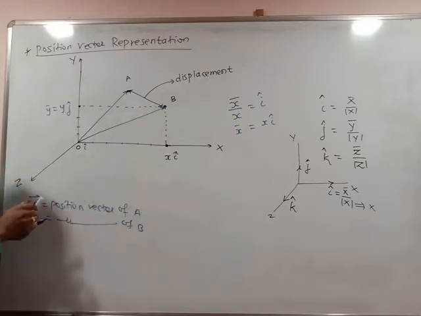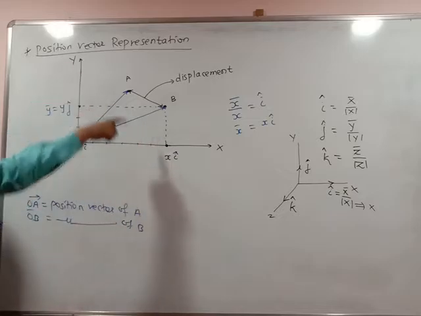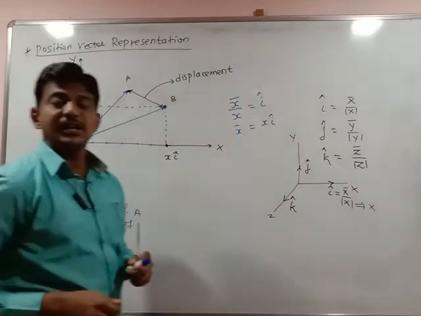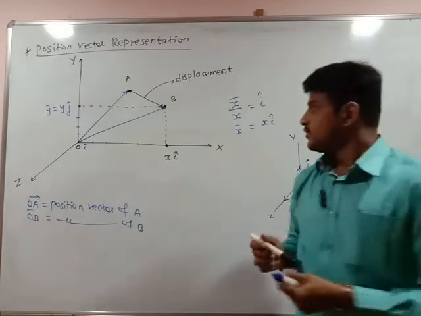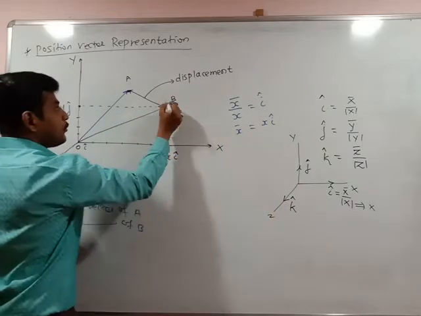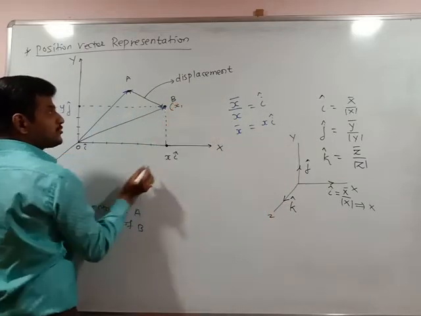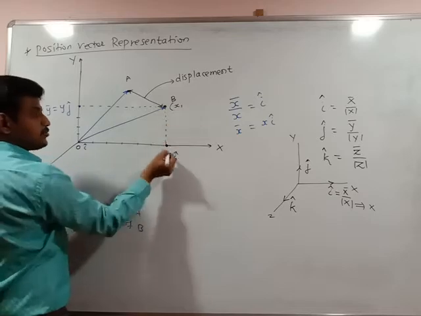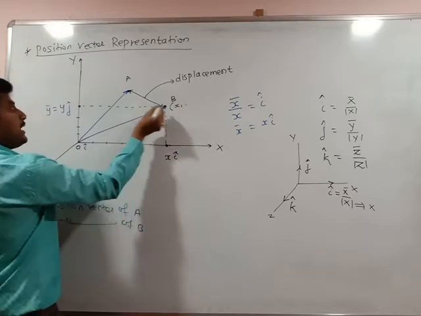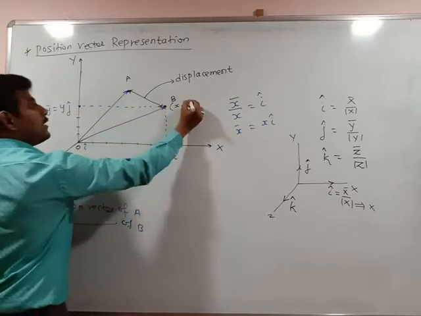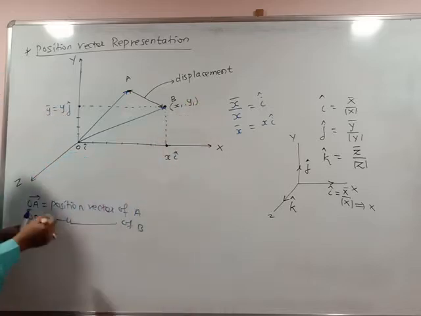This is one position. Now the coordinates for this position B, this is which coordinate system? This is a Cartesian coordinate system. So I can say, suppose here will be the point. Here will be the point x1. B is at distance x1 from the center. B is a point at distance y1 from the center.